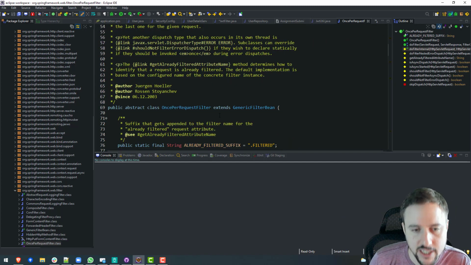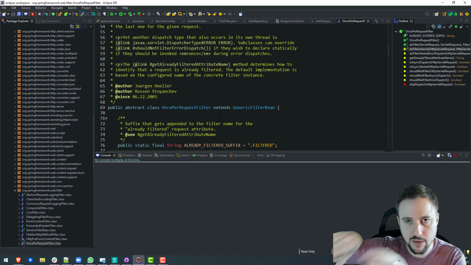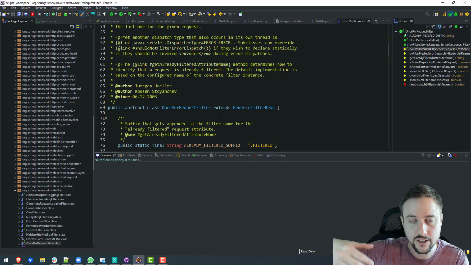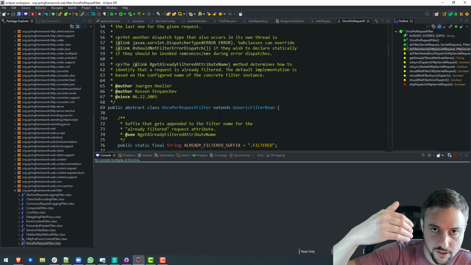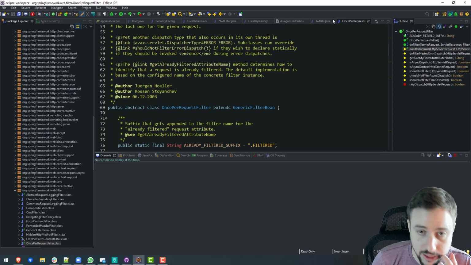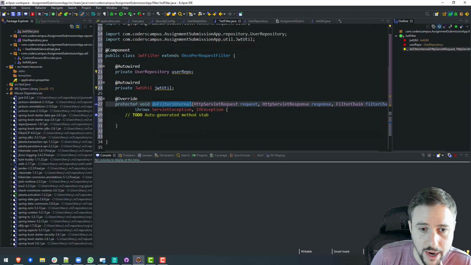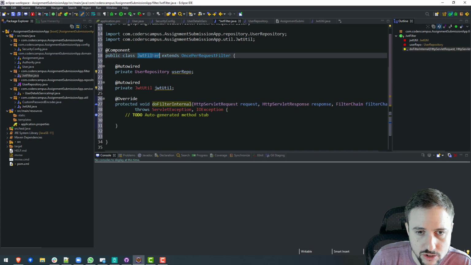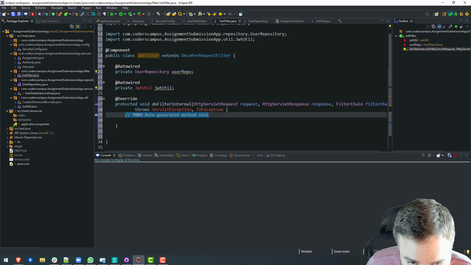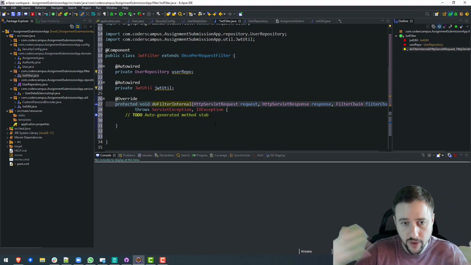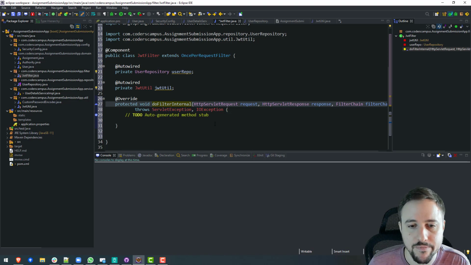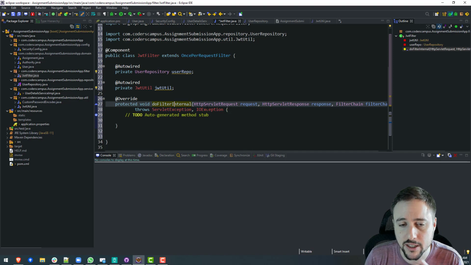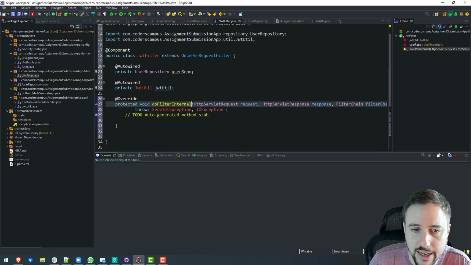It's an abstract class, so it has some body, some methods defined already. But this one is an abstract method, so we are forced to override it to give it functionality. So this is where the magic is going to happen with our JWT filter. We need to have it do something internally with this filter, right? We need to have it do something useful, right? That's the whole point of this filter, is to do something when Spring Security hits that filter and